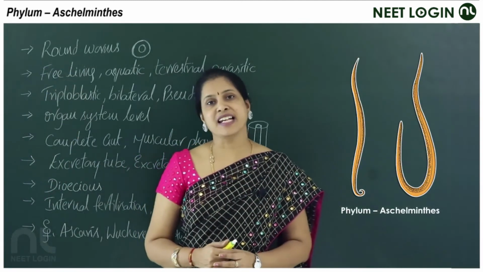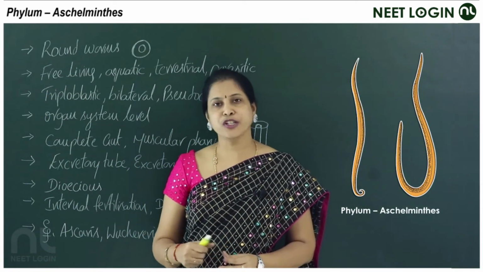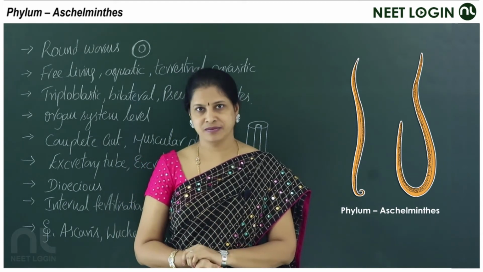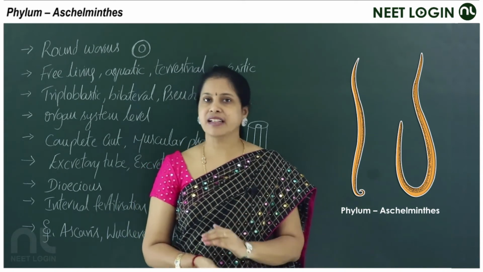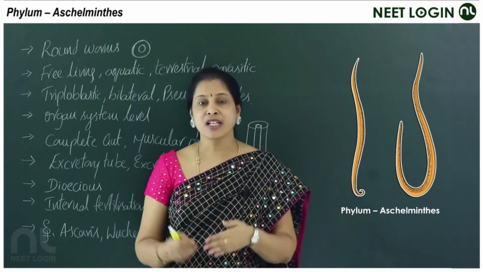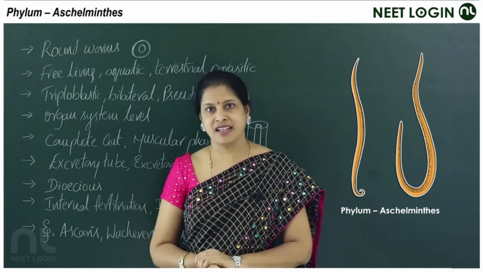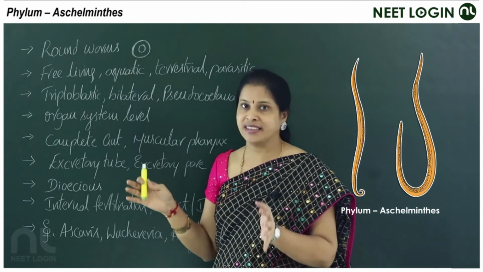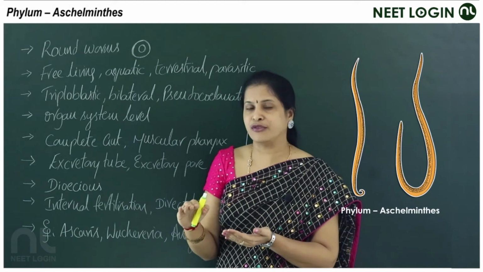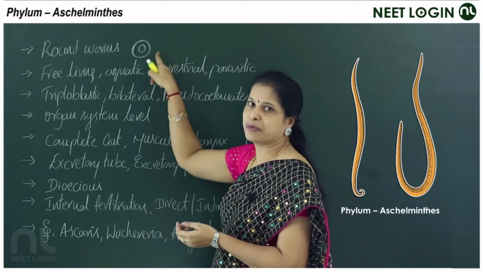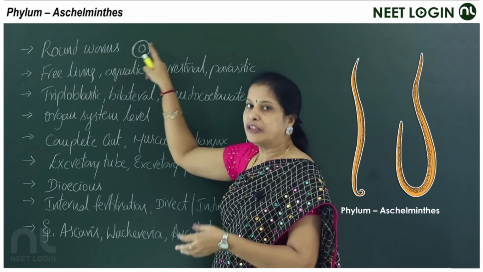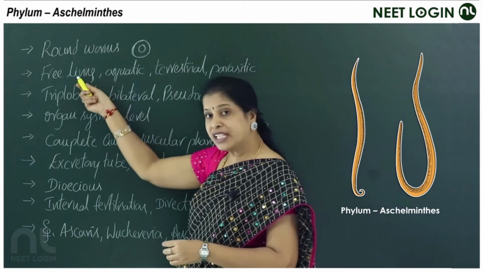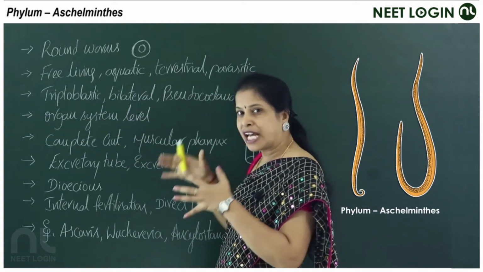Next phylum, Aschelminthes, the pseudocoelomate phylum. In some books it's also referred to as Nematoda, but according to the NCERT concept, it is Aschelminthes, the pseudocoelomate phylum. They are commonly called roundworms. Why? If you look at the cross-sectional view, they look round in shape. The cross-sectional view of these worms is round, hence they're called roundworms. And they are free living organisms. You can see a diversity in their